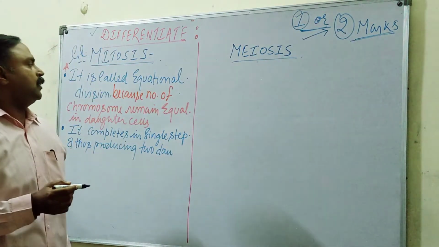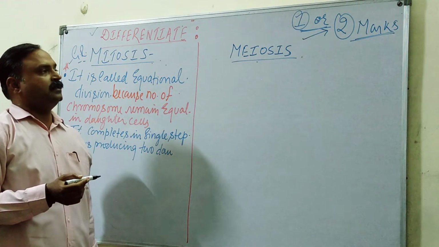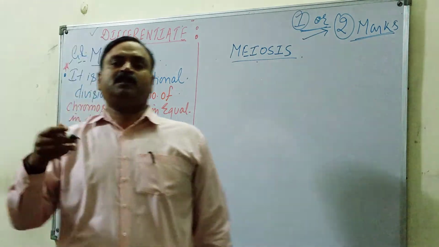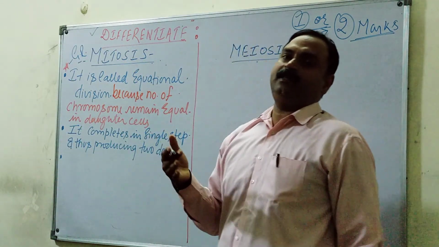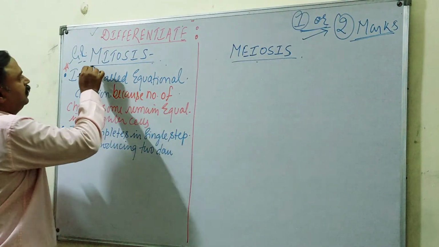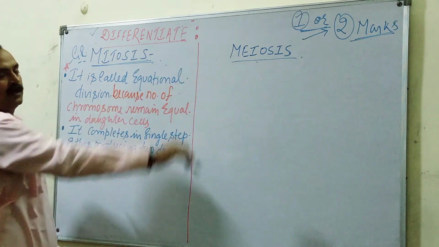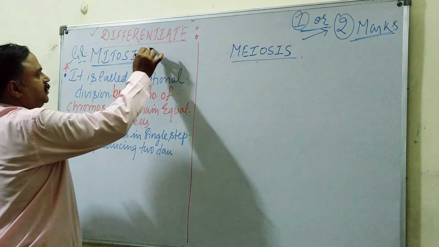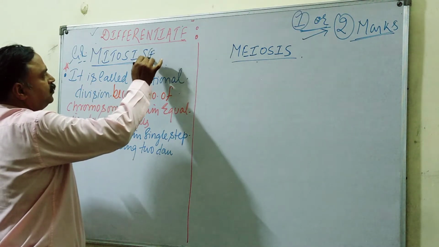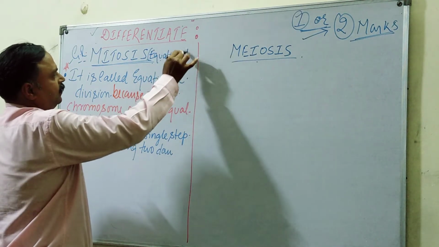You know, in your ICSE, the differentiate between question is asked in which way? Differentiate among the following as directed in the bracket. So please remember, we are understanding the difference between mitosis and meiosis. Mitosis is called, you know the other name I told you in the stages, equational division.